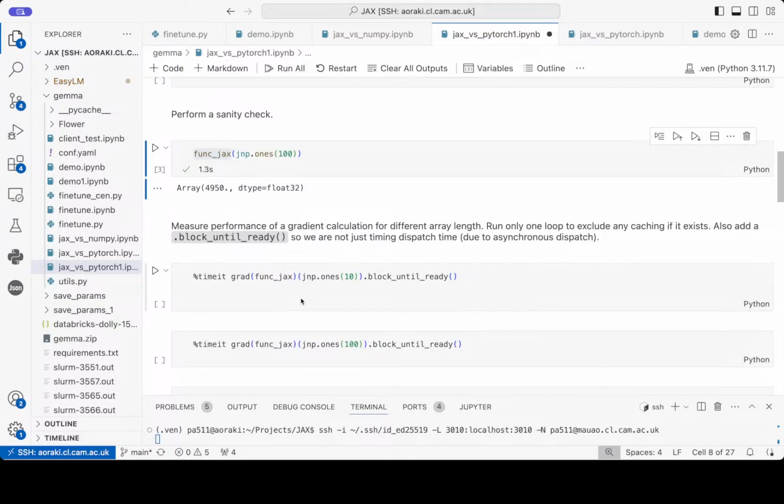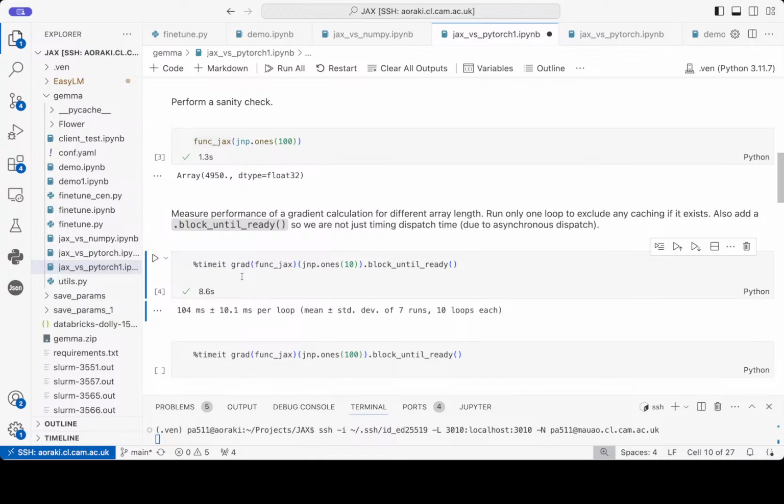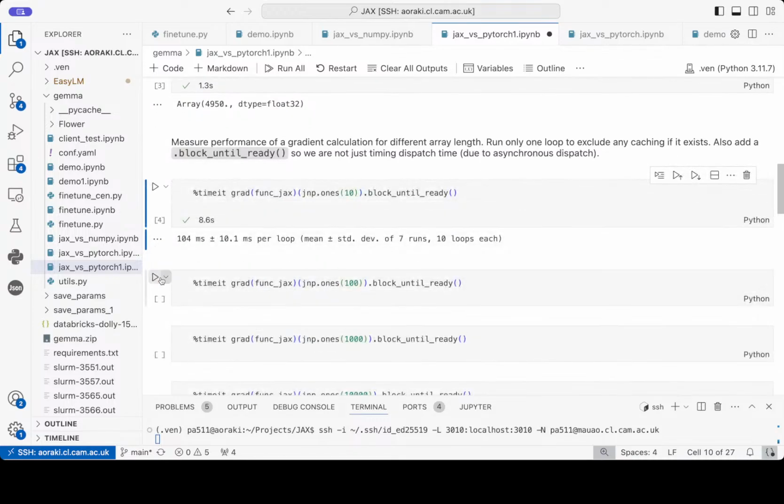So now let's see how long it will take Jax to get the gradient of this function for the first 10 numbers. We run it, and we'll see that it will take Jax roughly 100 milliseconds. Great. What happens if we give it 100 numbers?